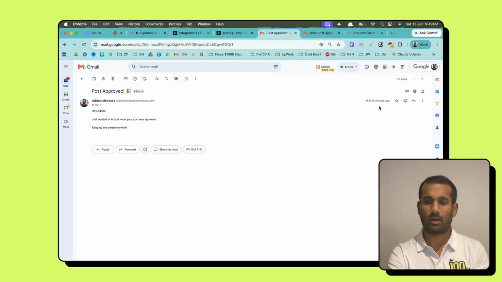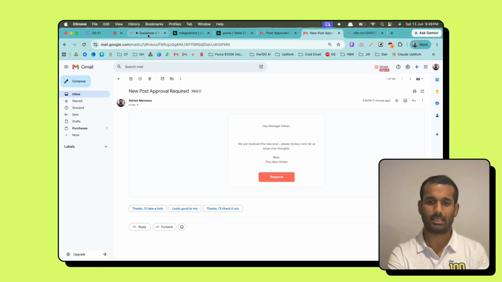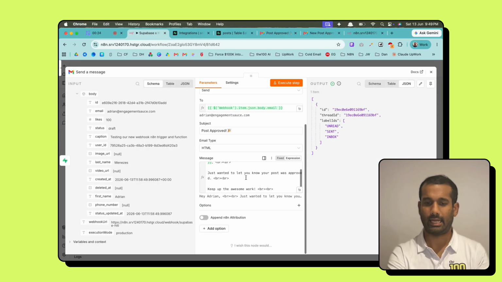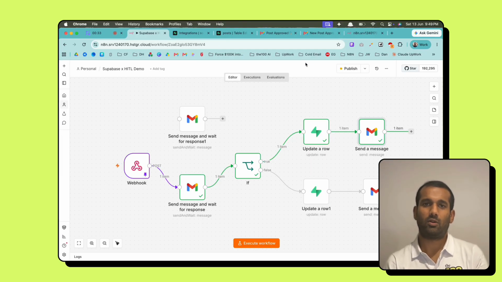So just to show you the email that was received, this is the post approved message that I received about 5 minutes ago, just saying, just wanted to let you know your post was approved. Keep up the awesome work, which was basically just what we had set up in n8n, right? You can see it's in here in our message. So this was one flow where we wanted a decision maker to actually write some text as feedback in our decision making stage. But if we wanted just a simple form that had a button, either just an approve button or an approve and reject button,